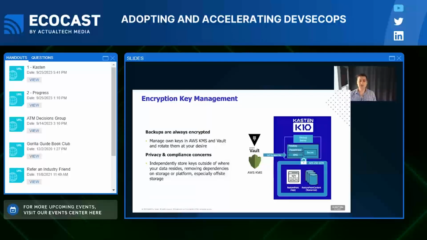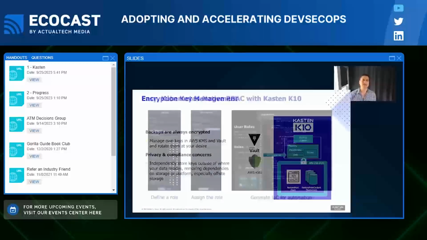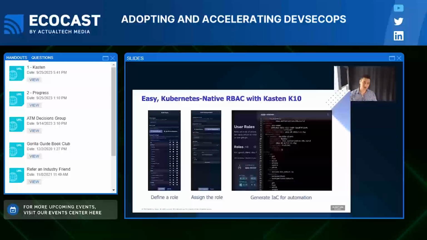And we have the option to leverage third-party keys. So if you're using HashiCorp Vault or AWS Key Management Service, you can specify the key. Otherwise, the key is managed by Kasten itself. And obviously, for privacy and compliance concerns, we independently store those keys outside of where your data resides. Anyone familiar with Kubernetes and secrets and how that works? We're not just throwing secrets up in code. We make sure that we keep that outside, so that you as the customer can store that separately